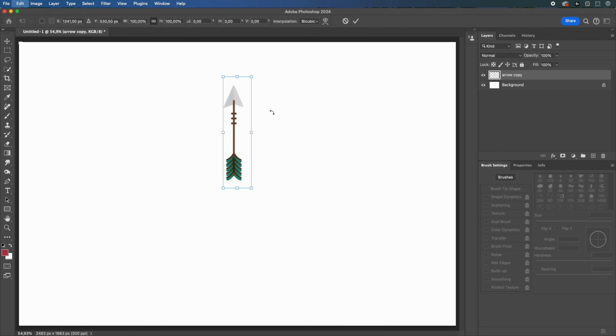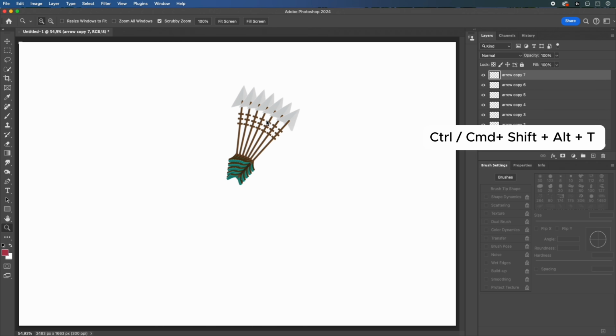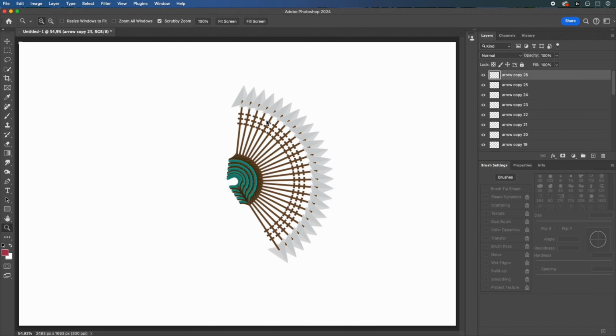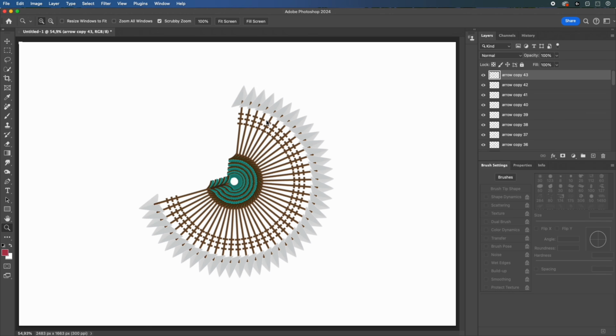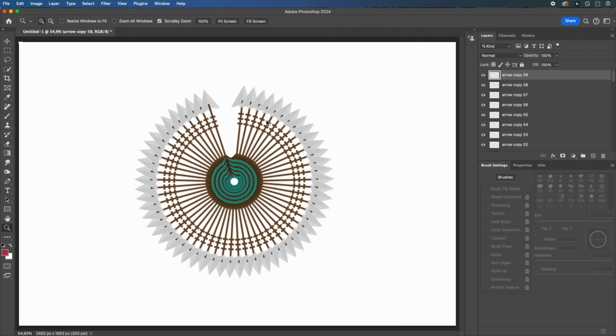Tip 2. Repeat transform. We all know Ctrl+T is free transform. After transforming once and pressing Enter, Photoshop remembers the last transformation. Now press Ctrl+Shift+Alt+T. Photoshop will automatically duplicate the layer and repeat the same transform, which is extremely useful for repeated